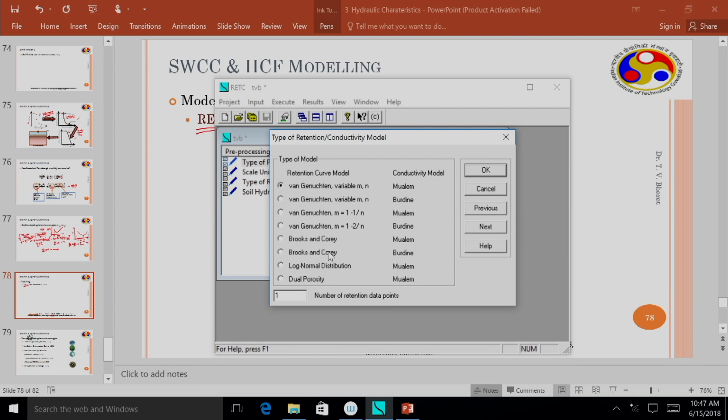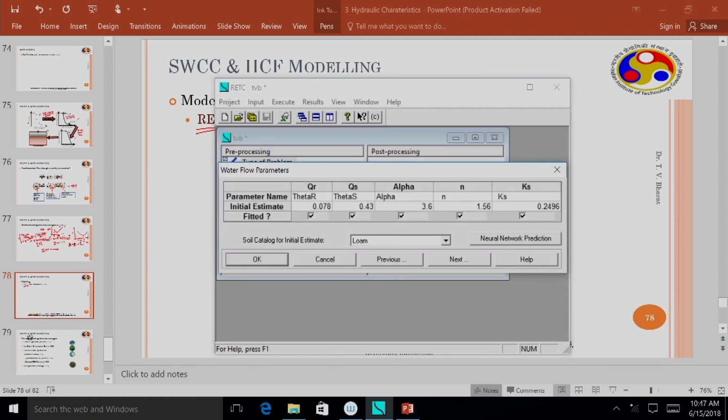So you can choose any model. We can choose say Van Genuchten m equals 1 minus 1 by n model, and correspondingly the Mualem can be selected for hydraulic conductivity function estimation. So then if you click next, it will show you different parameters that are available, that is theta r, the residual water content. Do we know this data or not? If we do not have it, we can fit it.